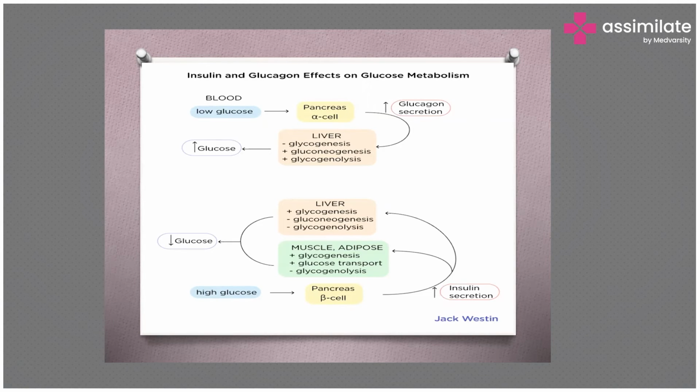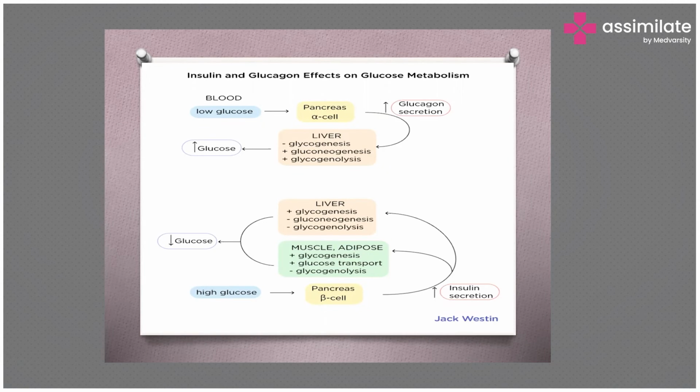As you can see, I've already explained what is happening when our body is having low blood glucose levels. It stimulates the pancreatic alpha cells to secrete glucagon. Now, when the body is having low glucose, glucagon acts as a hyperglycemic hormone and increases the blood glucose levels. But by which pathways is it increasing the blood glucose levels? It stimulates two important cycles, as I've already mentioned. First is the